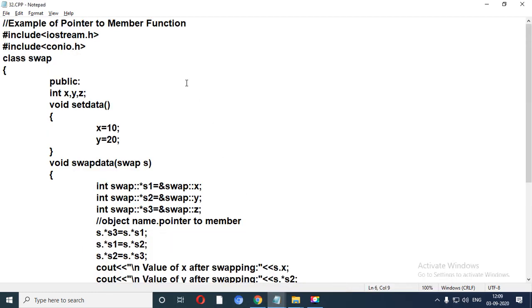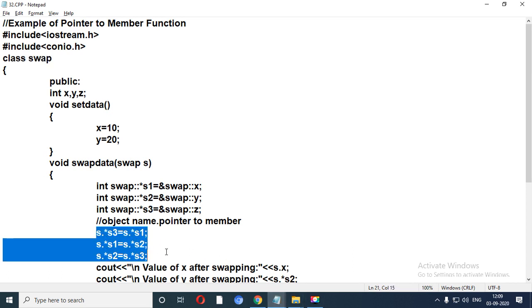Third program, which is related with pointer to member function. We have taken an example of swapping. If you know the basic logic of swapping, then you can apply that logic over here. Let me scroll down.